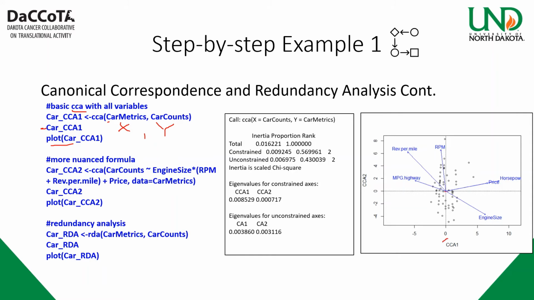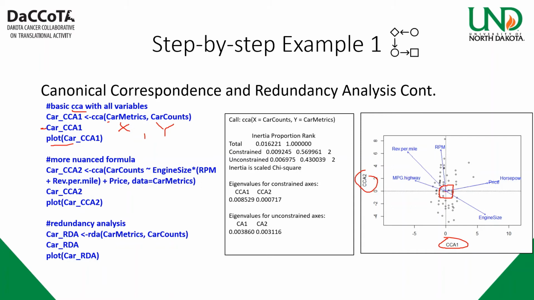These are our canonical correspondence axes, and the red here are going to be our Y, our car counts. We can see they're pretty grouped together here, so this might not be the best method. One thing I'm going to do here is make a little more nuanced formula, because CCA is kind of better for